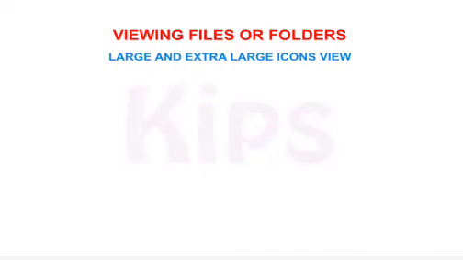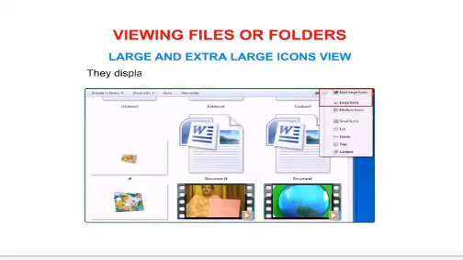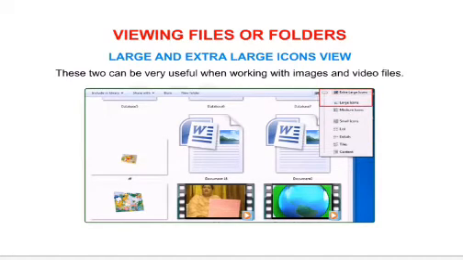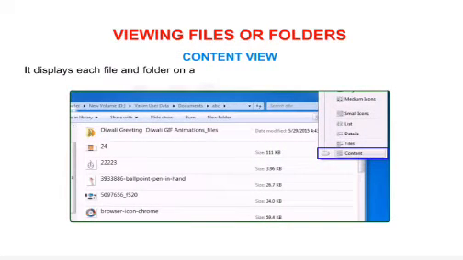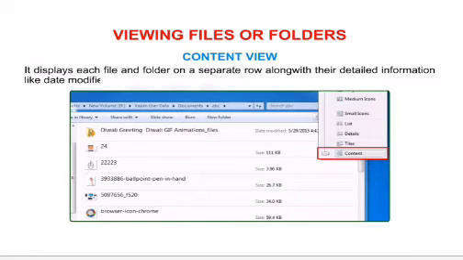Large and extra large icons view. They display large and gigantic icons of the files and folders. These two can be very useful when working with images and video files. Content view. It displays each file and folder on a separate row along with their detailed information like date modified,